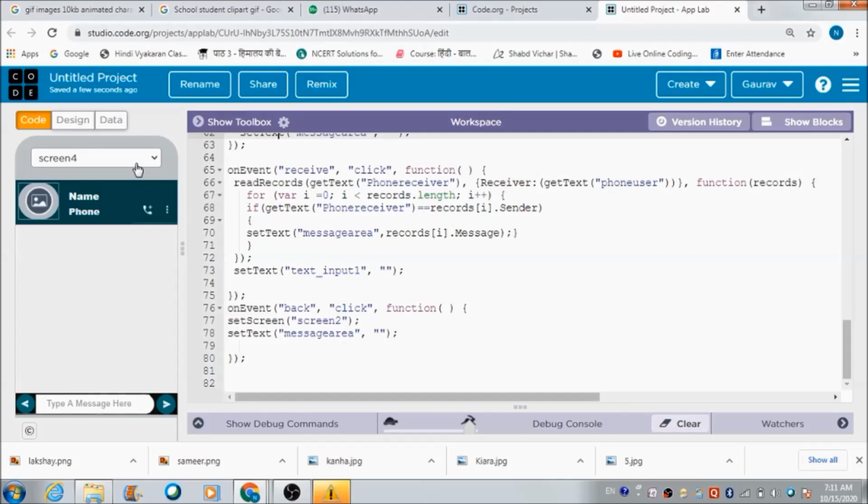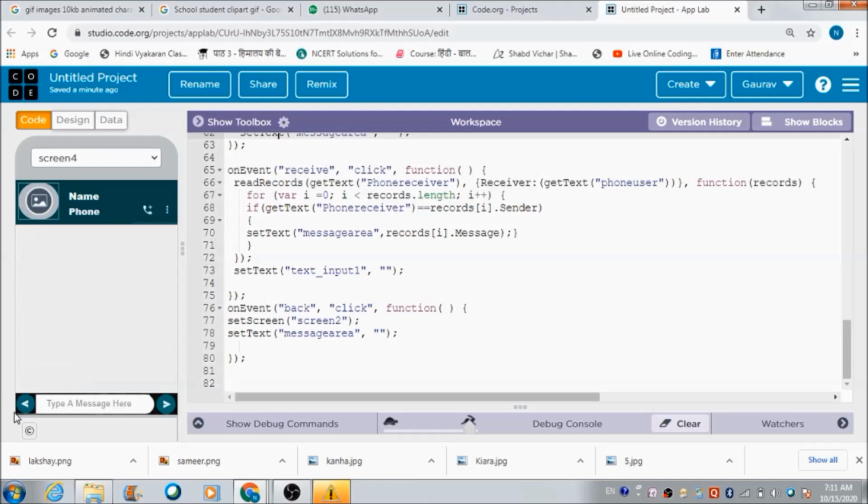Now let's come to how that person, the person who is working on the second device to whom a message has been sent, is going to receive the message. So there is a button over here which I have defined. The ID of this is receive.